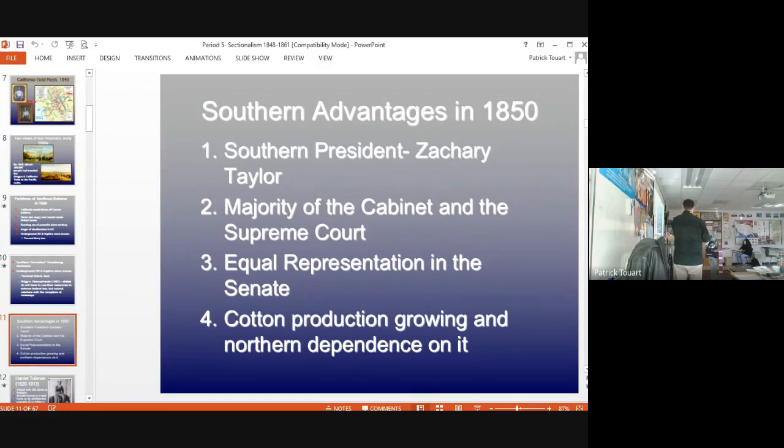So all of these seem to be advantages, although I would say that one of them is going to prove to be utterly illusory, being a big shock. Zachary Taylor. I'll tell you the story about how Zachary Taylor found out he was president. Zachary Taylor is a planter, but he's not like an FFV kind of planter. He was kind of like an earthy dude, right? So back in the day, when you got your mail, you had to go to the post office and get it. But most places didn't have postmen to come and deliver stuff. Postman was like a clerk who sat in the store,